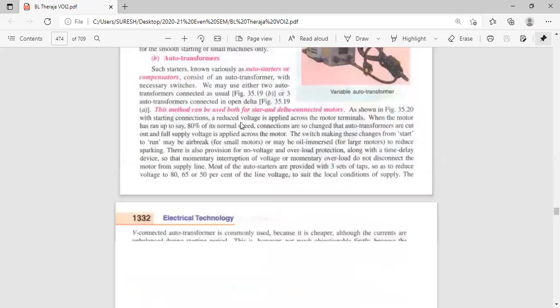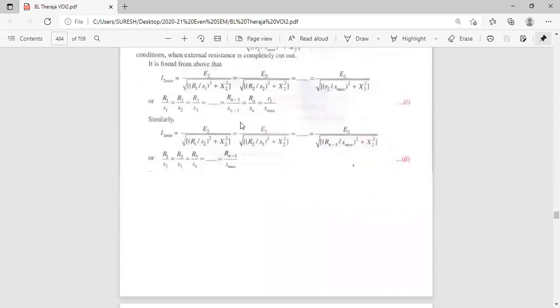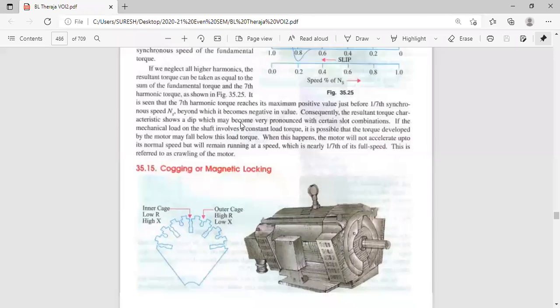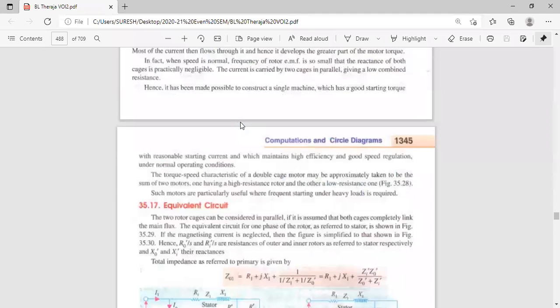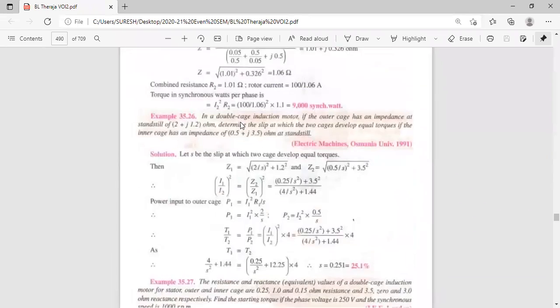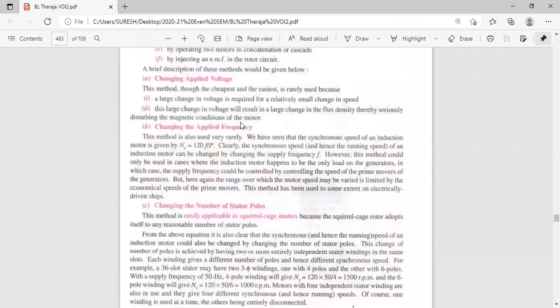The next topic, we'll discuss in the next class, is speed control of induction motor. Sir, is that done automatically or manually? There are two methods. One is with the help of hand, we can change the contact points. In your lab, with the help of hand, we will change the contact points. There is another one, automatic control. If you press the button, it will go on automatically. Is it okay?